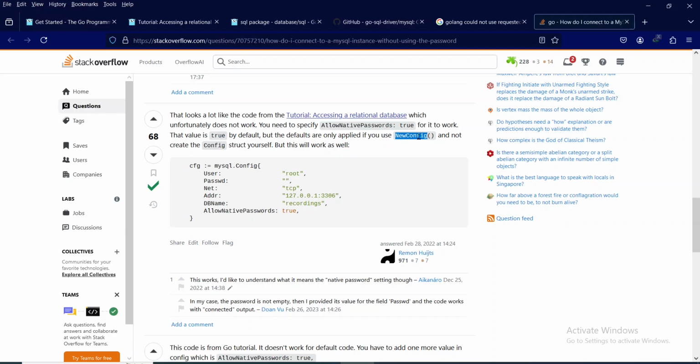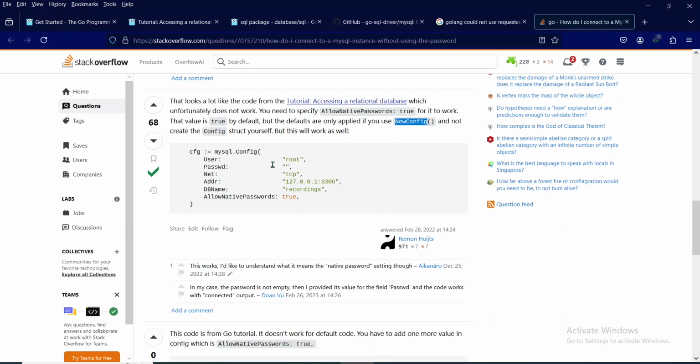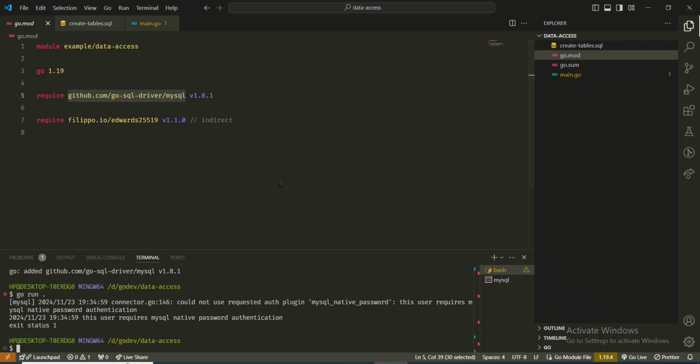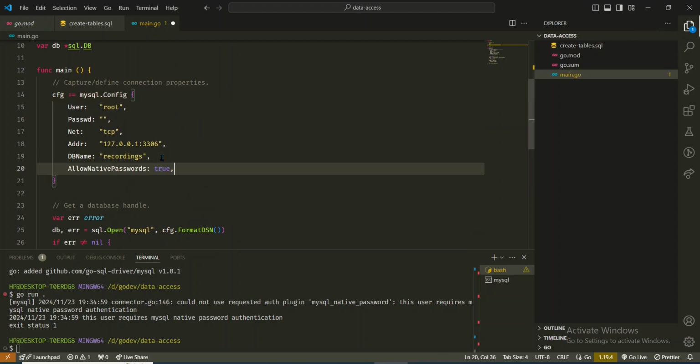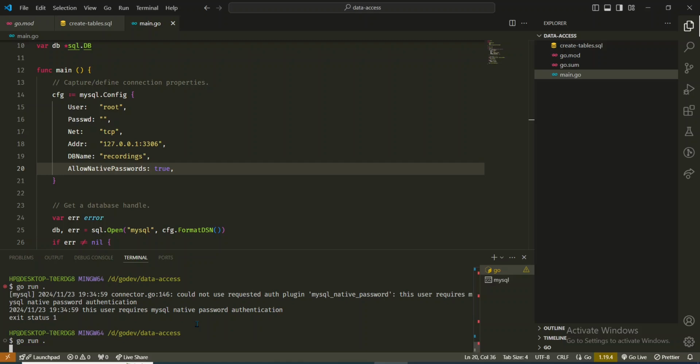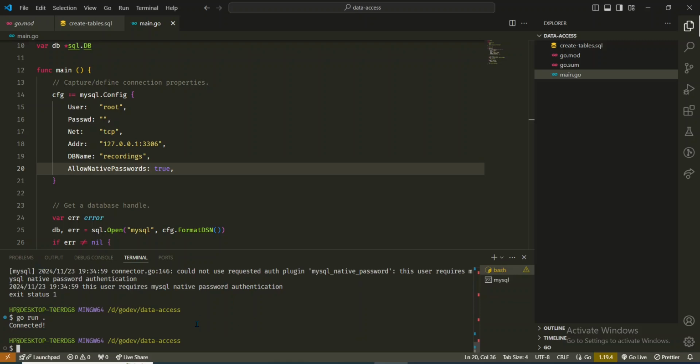I'll check what NewConfig is, but let's just try with this one and see what the outcome is. Here it is. Save and then run again. Here it is saying connected,